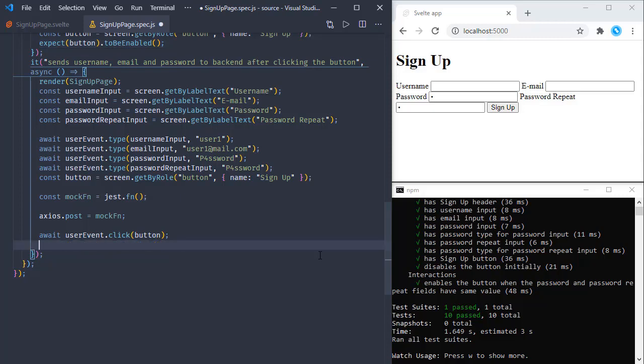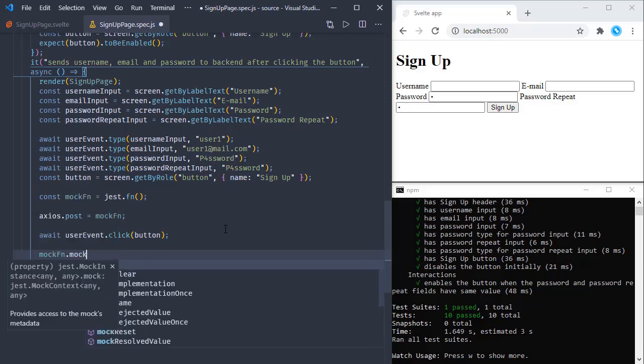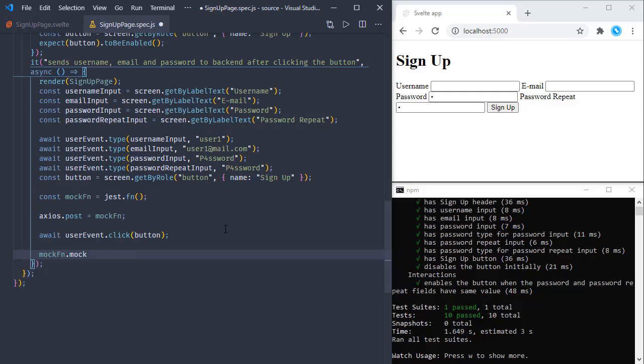So we can do our assertion, and we can check if it is having the username, email, and password fields in it. So after clicking the button, first we need to get what is the request body we are receiving, and we can do that by using this mock fn. It has mock property, and in this mock property we have call history. So this calls is containing all the call history for this function. So in one test we can call the same mock function multiple times, so that's why it is keeping all the history. But since we are clicking this button only one time, we expect this mock function to be called only one time. So in this calls array we will get the first call, and let's say this is first call,